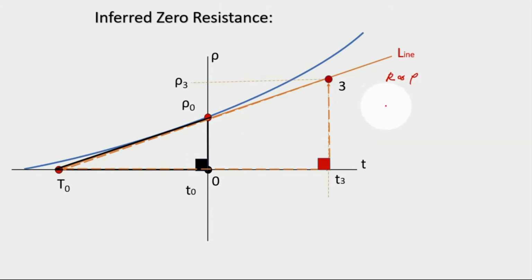So therefore, instead of rho 3, I'll write it as R sub 3. So is to this side. So this is R sub O, which is equal to the adjacent side for the big right triangle, that is actually T sub O